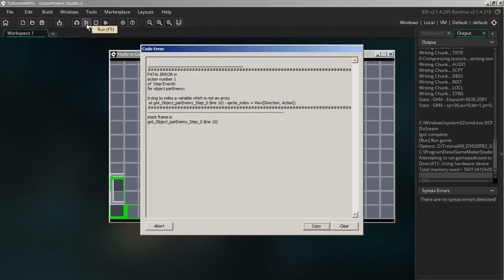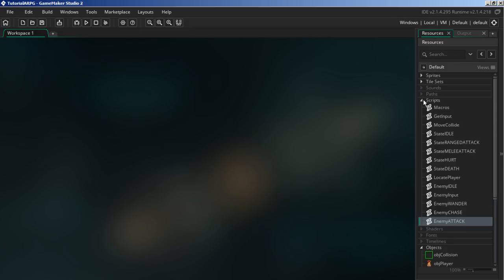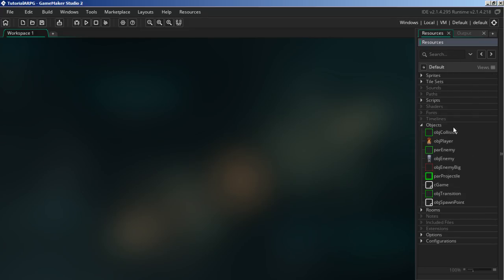Oh, let's have a look here. Trying to index a variable which is not an array. At object parent enemy step 0, line 10, sprite index equals view direction action. What does that mean for us? Well, what it's trying to do, I get a lot of people getting similar